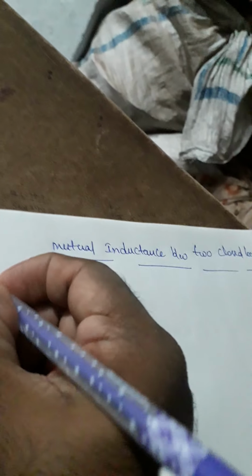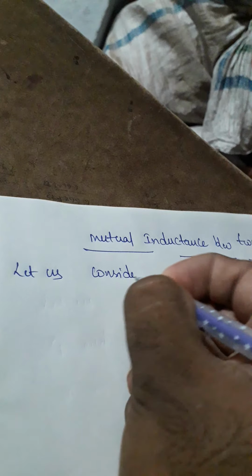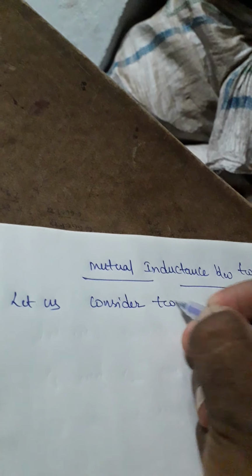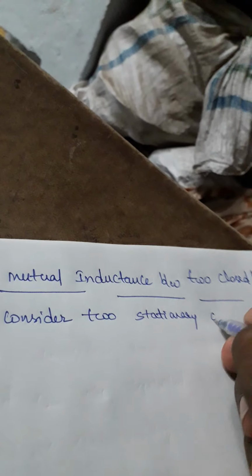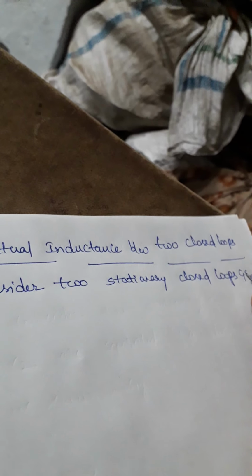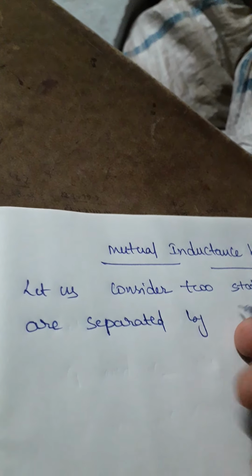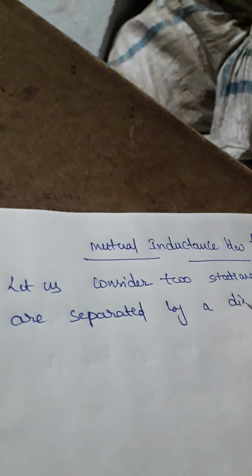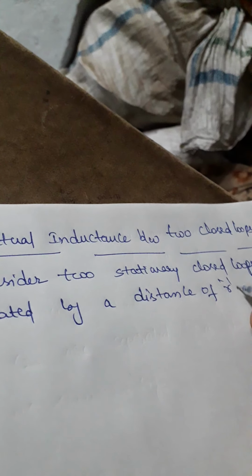So here let us consider two stationary closed loops, C1 and C2, separated by a distance of r meters